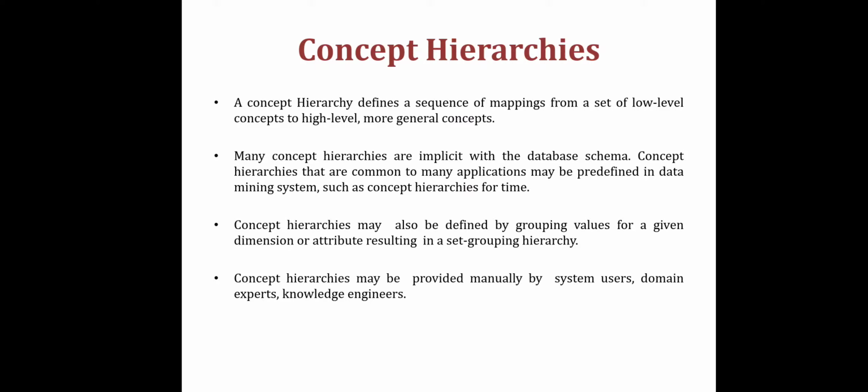Up till now we have only seen the concept hierarchy for street, city, location, but we also have a different type of representation of the attributes of the concept hierarchy. So we can have a grouping of values. This is one technique, or you can have an attribute that is nothing but a set of groups. These are the different types that we are going to see today in this concept hierarchy lecture.